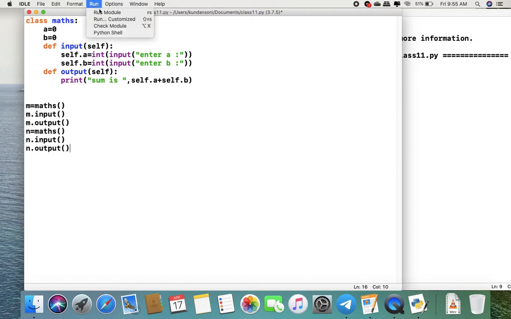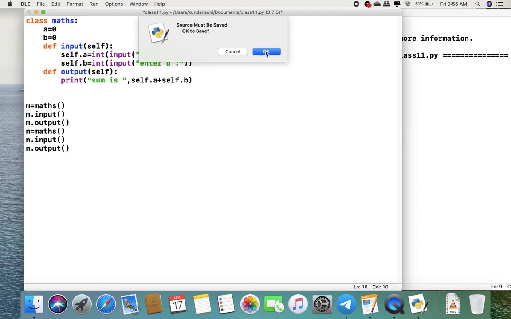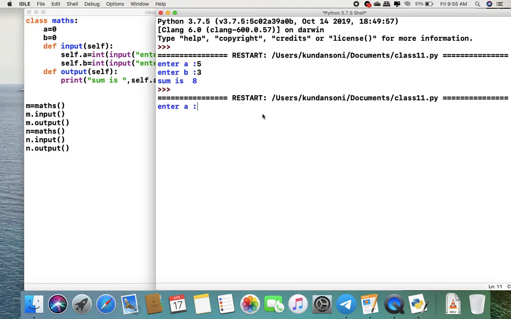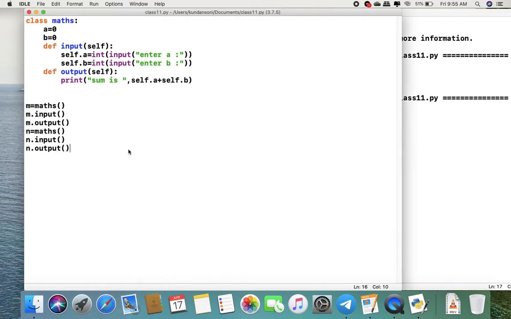So we run the program. First time I write enter a, enter b. The second time the n object is called, so 3, 2, so the sum is 5. So once the class is created, we can call these member functions many times.